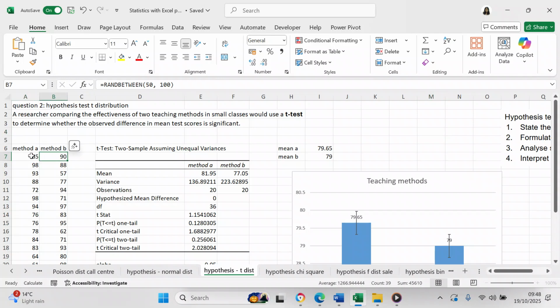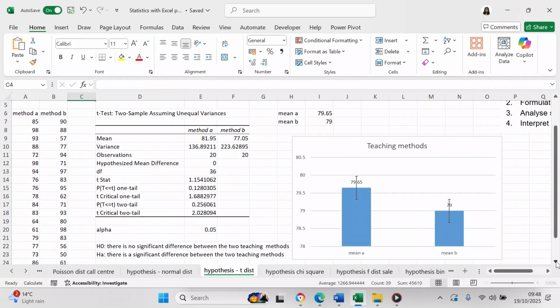The thing to keep in mind is teaching method A has different scores from teaching method B. And the way we're going to do that in this example is